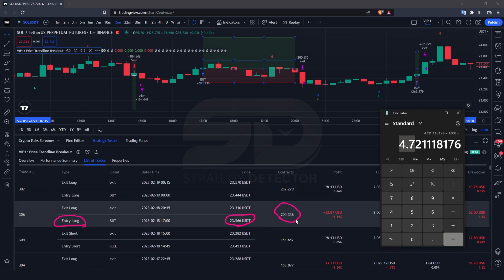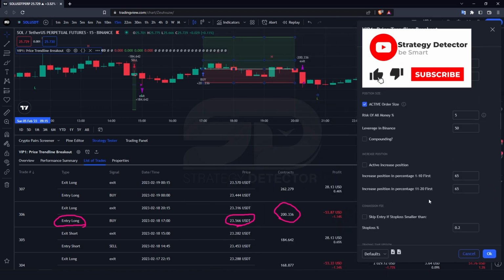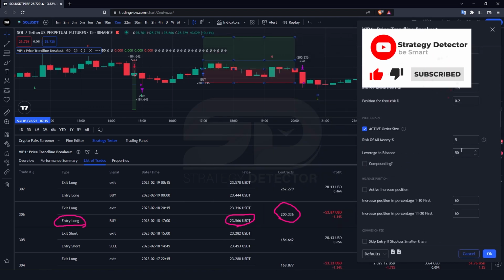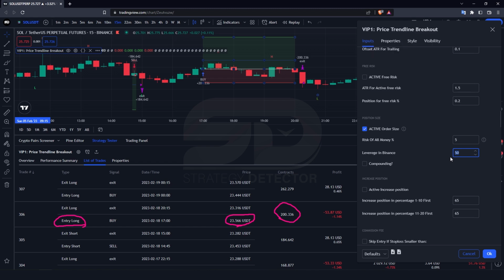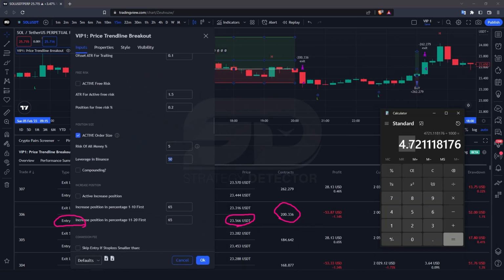It means the strategy used 4.7 leverage and used your money with this leverage for this position. In fact, it's not like that to say every position that the strategy takes will be entered with a leverage of 50. It doesn't work like that, don't be mistaken. The amount of leverage is a fixed number that you specify in the exchange and in the strategy. The strategy decides what size should be taken to enter a position. Here in this position, the strategy recognized that it must use 4.7 leverage and it had the permission to enter